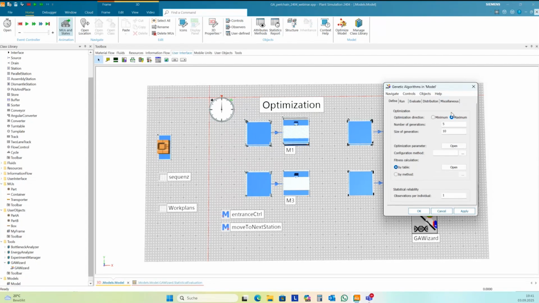Could you please explain more about the by method option for fitness calculation? You just assign a method and return a real value from this method. It's not a big deal here. And inside of the method, you can do what you want. It may be a very complex calculation if you want to work with penalties.